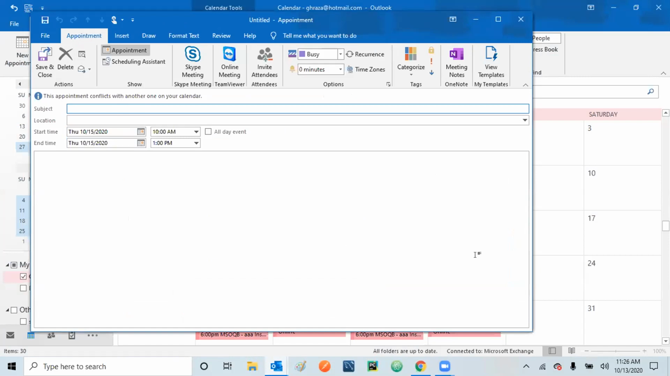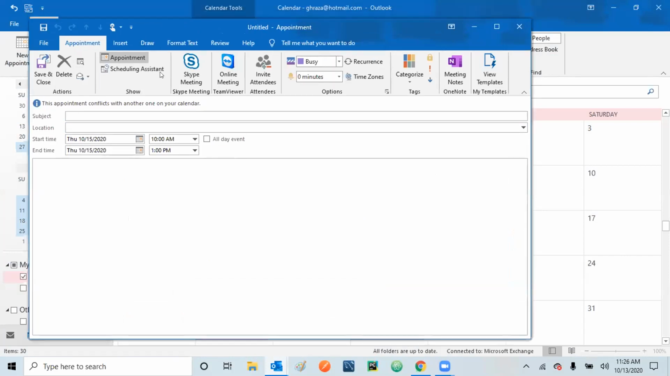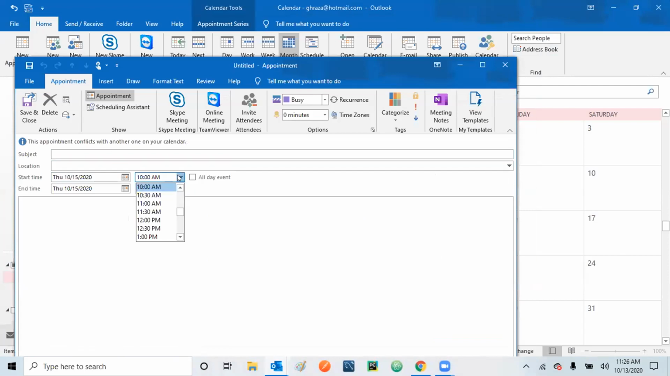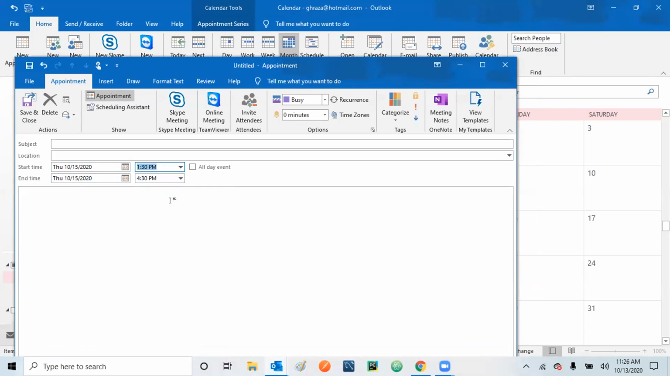Let me make it on the 17th. On the 17th, I don't see any appointment here, right? I can make something more prominent. I can see that on the 15th, I have an appointment from 10 to 1. Let me make it 1:30 to 4:30. And now you see the alarm, or you can say the warning,